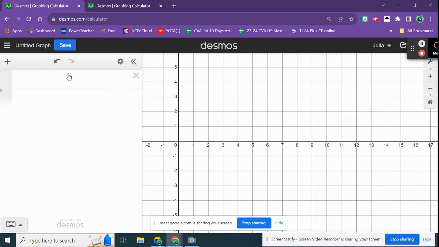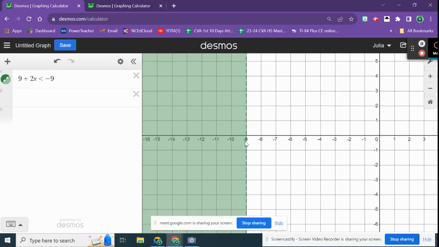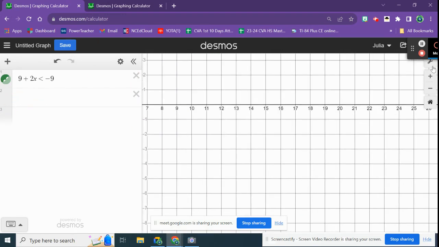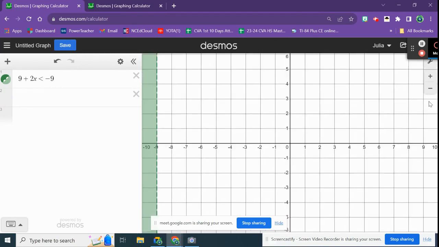For your compounds as well. So that's going to be our number 5 we just did on our paper, was 9 plus 2. I'm going to use X is less than negative 9. That's our first one. And our answer was it's less than negative 9. I moved my screen around, negative 9. If you move your screen around and you can't find things, hopefully that didn't make you nauseous, there's a house right here. It'll give you your